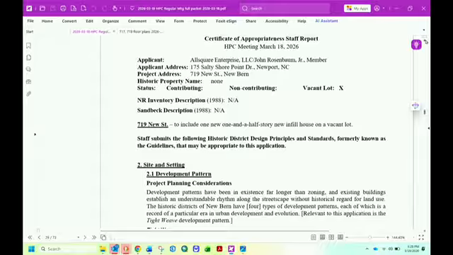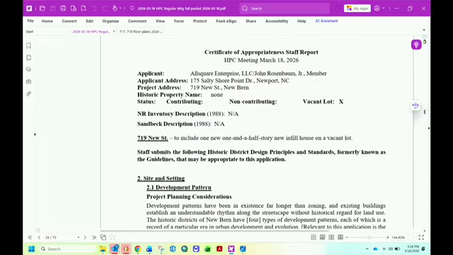So, with no further ado, this is the staff report for All Square Enterprise, LLC, and John Rosenbaum, whose address is 175 Salty Shore Point Drive, Newport, North Carolina. The project address is 719 New Street, and it is on a vacant lot.